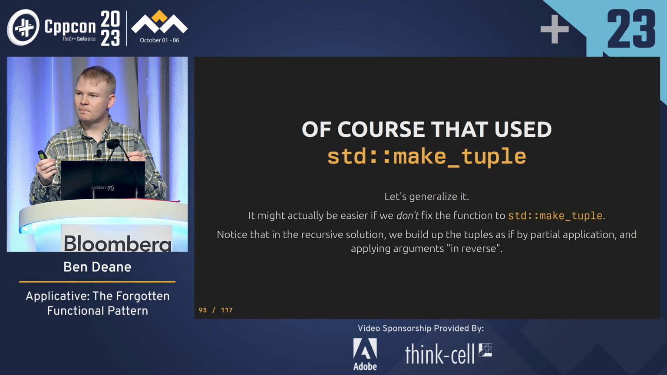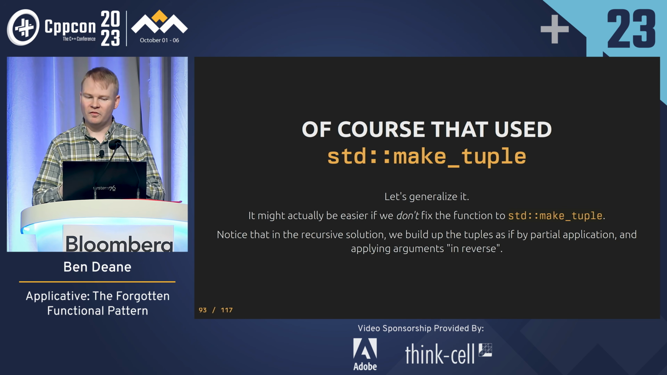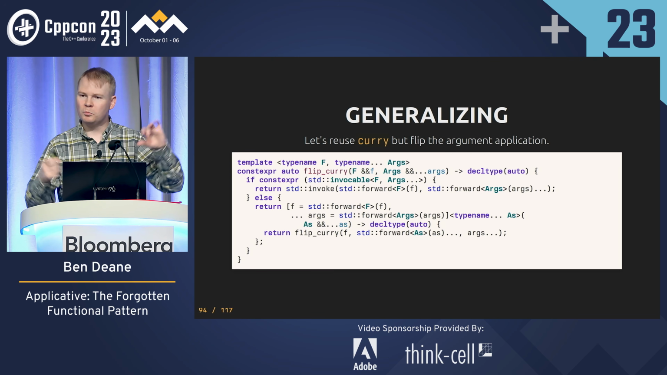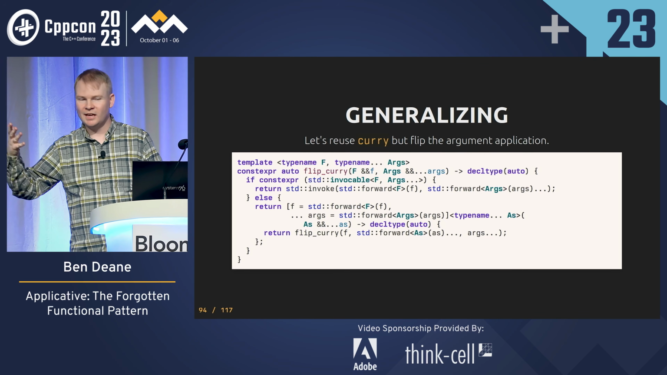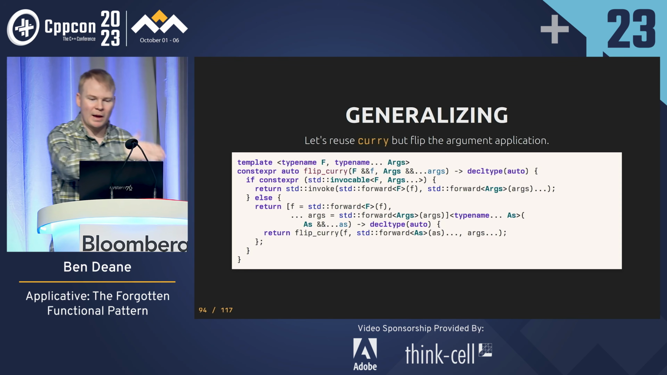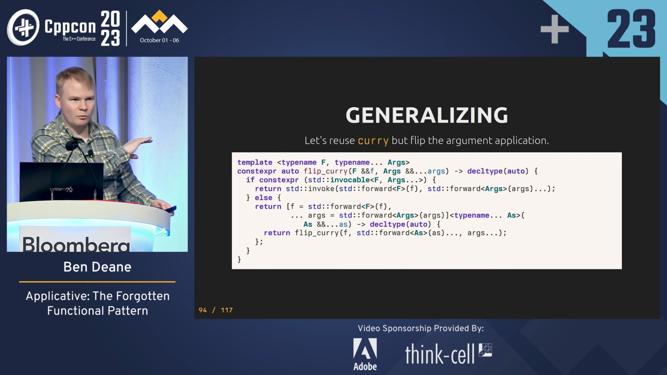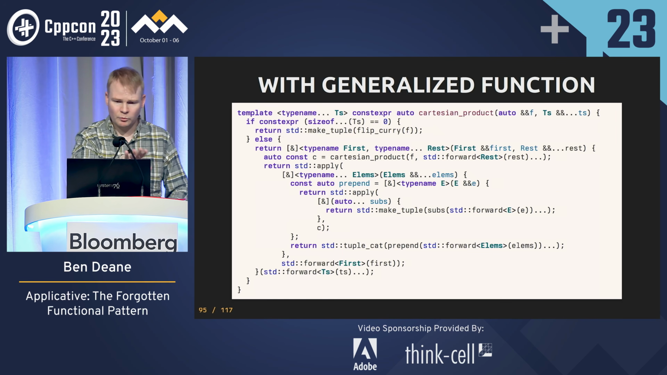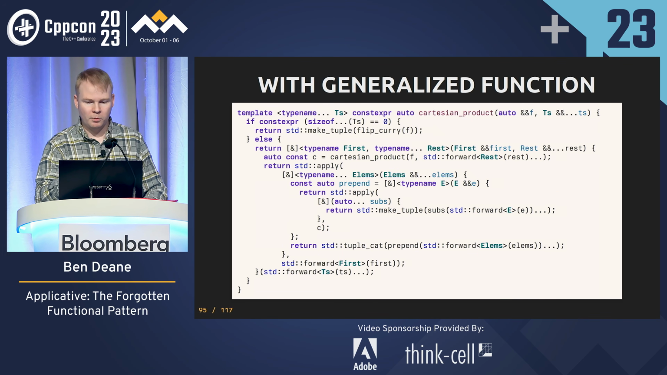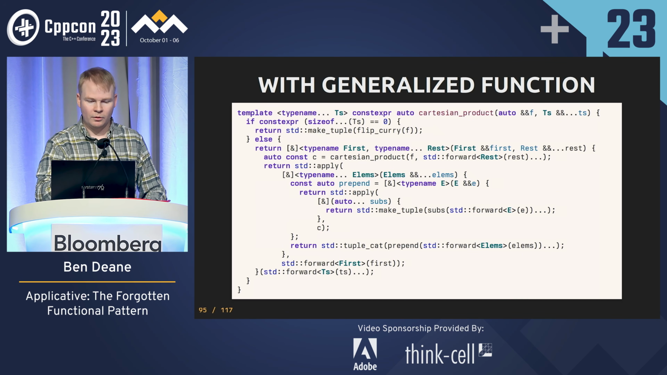In this case, we need sort of a flip version of currying to apply the arguments in reverse order. Because of the recursion, we end up building up from the base case and binding the arguments from the back. This is just like what we saw earlier, except with some arguments reversed. And this is just like what you saw before, except instead of make tuple, we are now